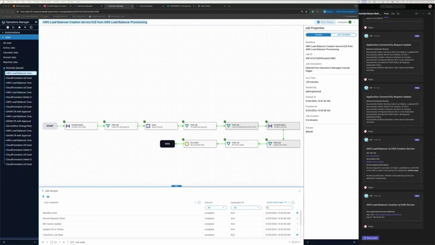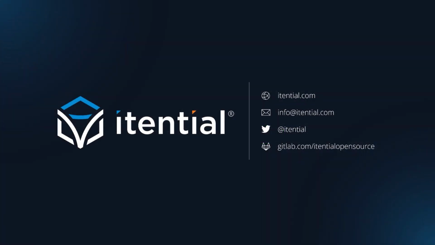Let's go back into the slides and discuss everything that we've showed so far. During the demo, we showcased how the Itential platform can seamlessly integrate with cloud-native tooling like CloudFormation and orchestrate the entire process very efficiently. We demonstrated how IAP can orchestrate, including things such as create and change management integration with ServiceNow and update that change, adding documentation, wait for approvals, using Microsoft Teams notifications integrations,